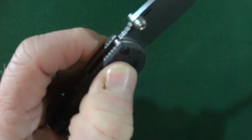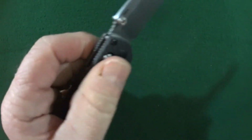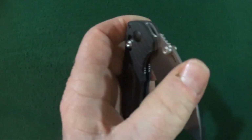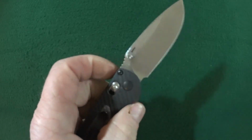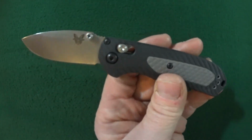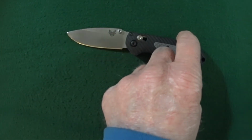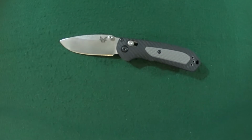I mean, this thing folds shut right out of the box, which is fantastic. I really like that what Benchmade did was they scaled down these thumb studs to match the proportions of